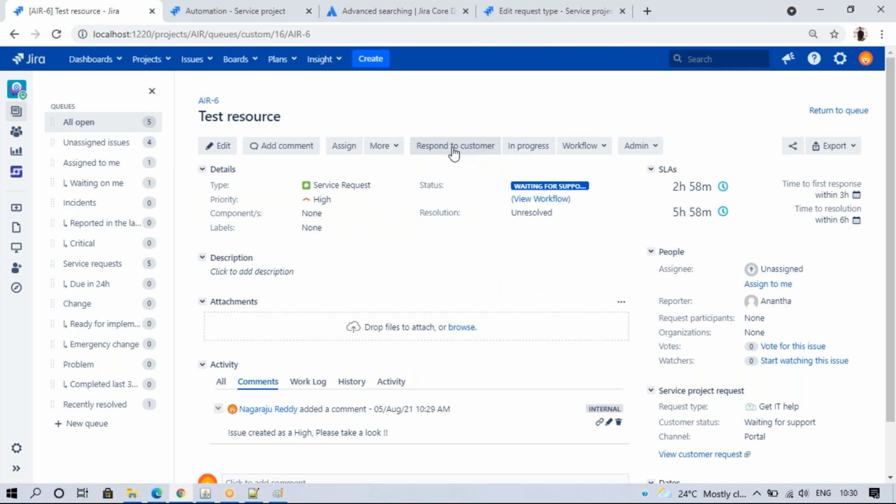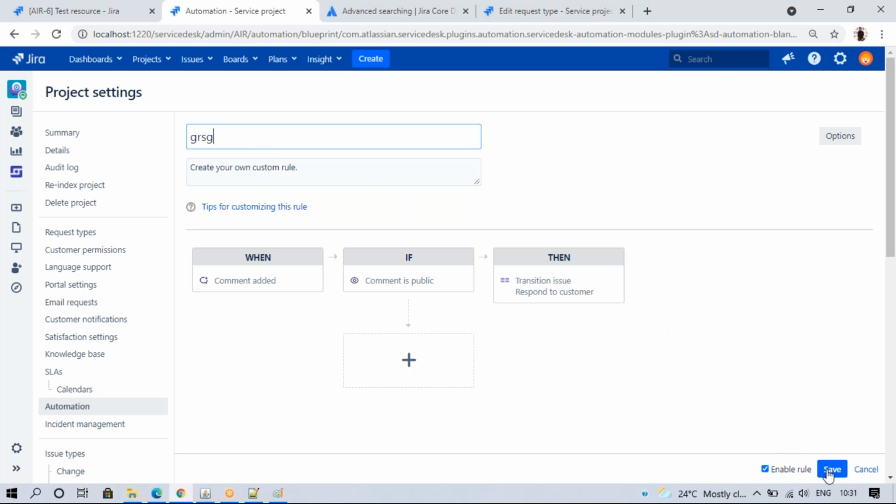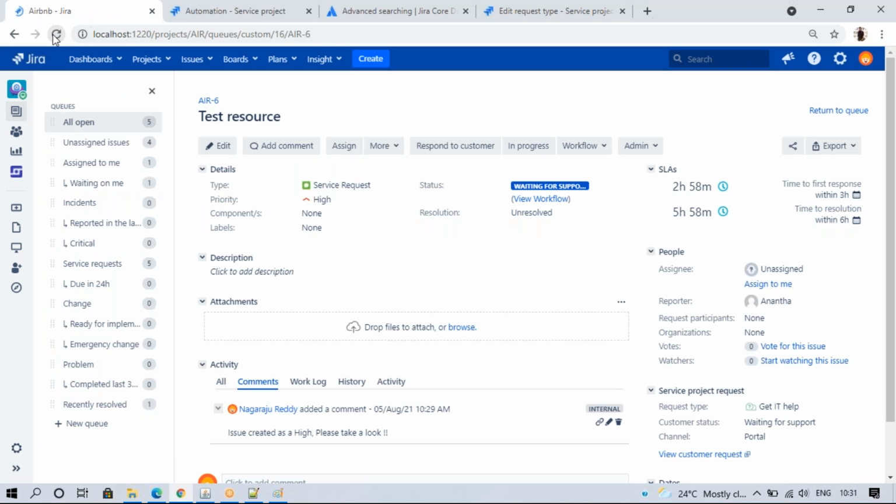Suppose we have respond to the customer or in progress, respond to the customer public. So when a comment is added, if the comment is public, respond to the customer. So the transition should happen automatically.